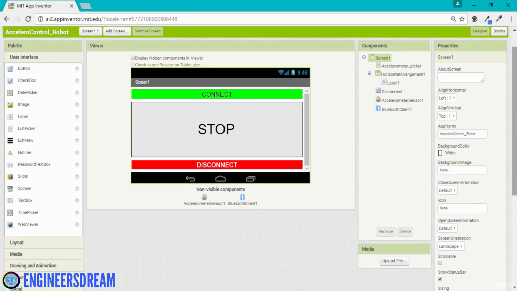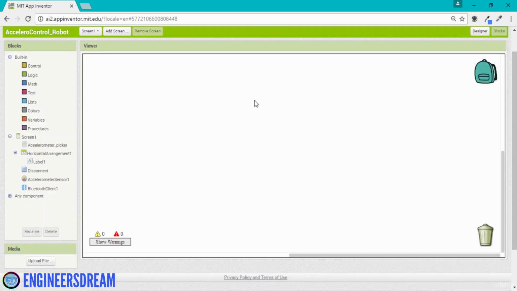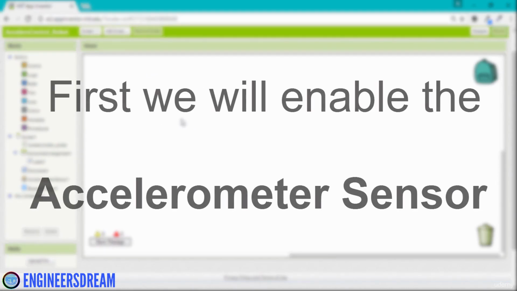In the previous video, we finished designing the user interface for the AceleroControl robot. Now, in this video, we will go inside the block section and we will finish the graphical programming for our AceleroControl robot. So I'll go in block section, and inside the block section, I will first use the blocks to